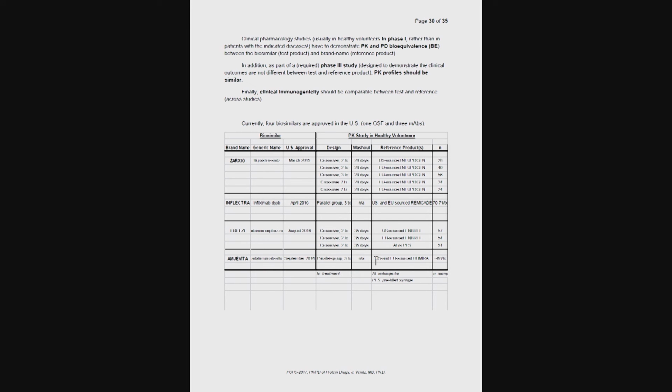All right, now for the PK/PD part, typically we have clinical pharmacology studies in healthy volunteers. So those are not patients, but study subjects, in order to demonstrate PK and PD, if possible, bioequivalence. In addition to that, this is required in the United States per guidance. In a phase 3 study with patients, we have to demonstrate, or it has to be demonstrated, that there is